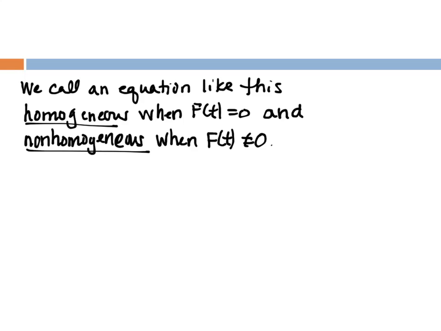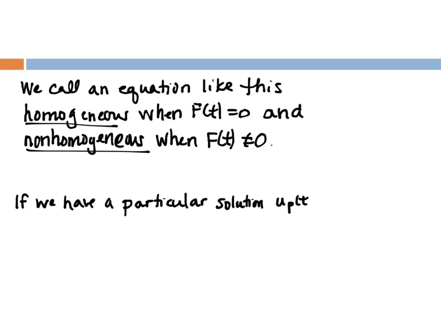Okay? In some cases, we find general solutions. We did that last section. Sometimes we find specific solutions. In particular, a solution has this kind of a form. So if we have a particular solution, u sub p of t, then if u of t is any other solution,